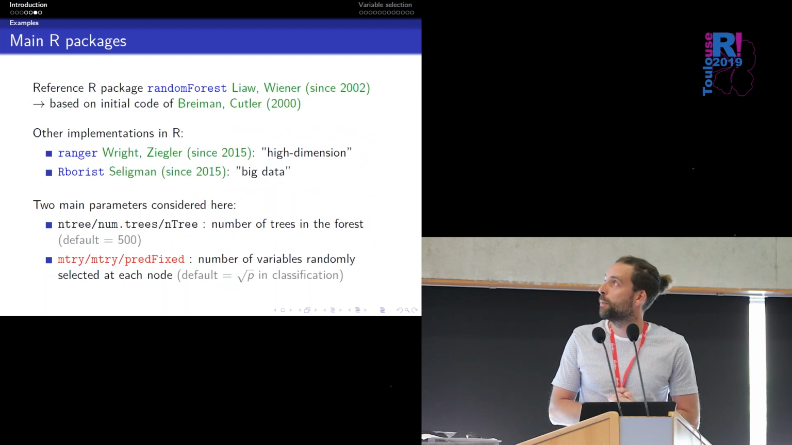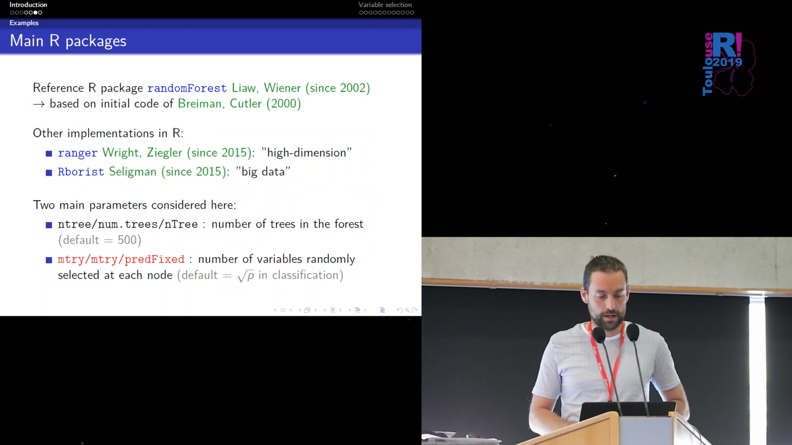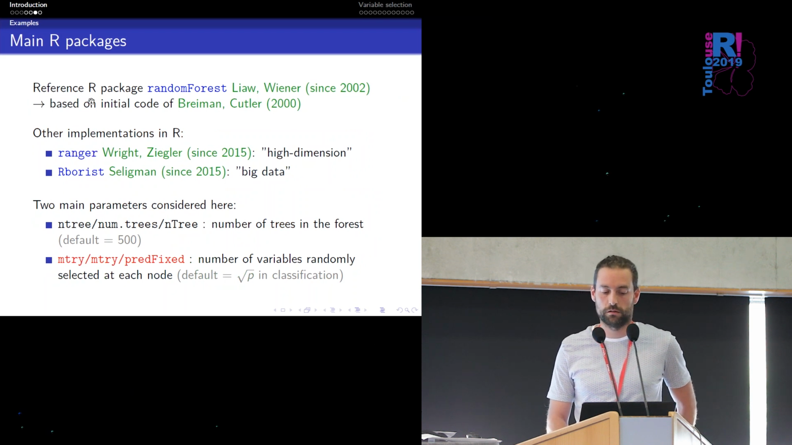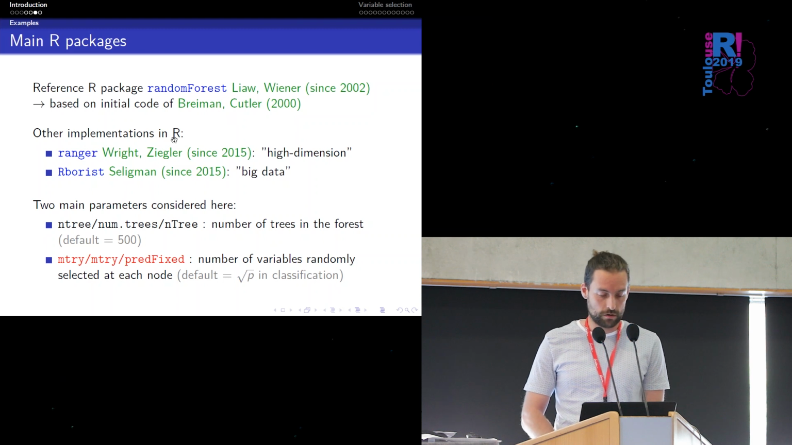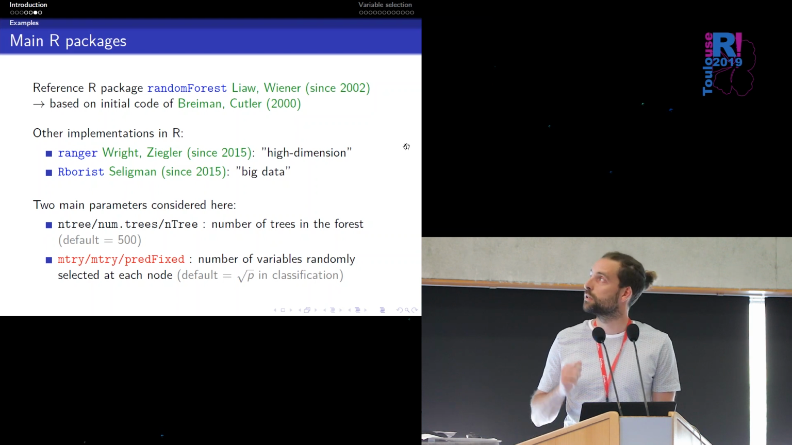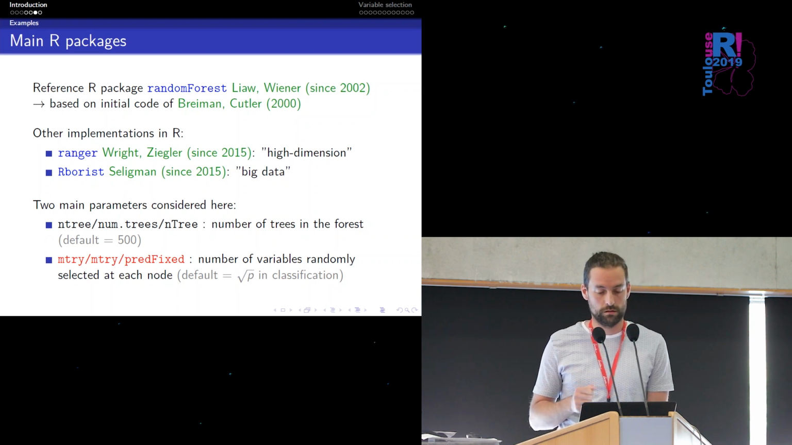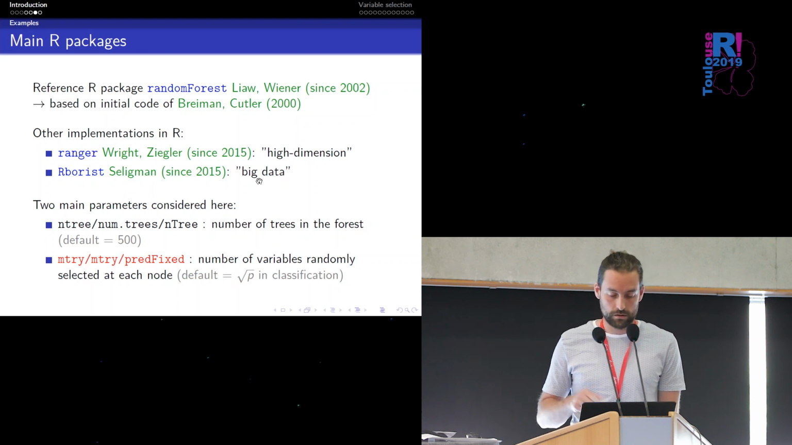So the main R package that implements random forest, there are several, and the reference package is randomForest, ported in R by Liaw and Wiener, and based on the code of Breiman and Cutler. And quite recently, we have some other implementations in R. First, the ranger package, which is tailored for high-dimensional data. That was the wide data of Benoit earlier. And Rborist, which is tailored for big data when you have a lot of